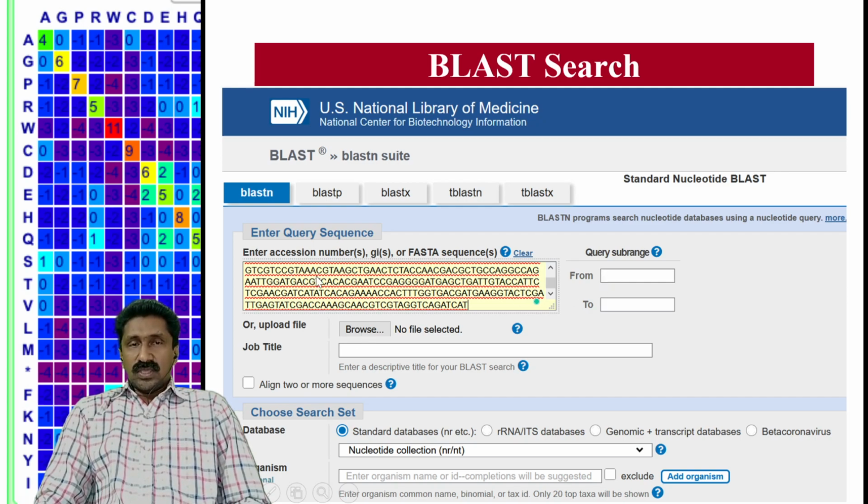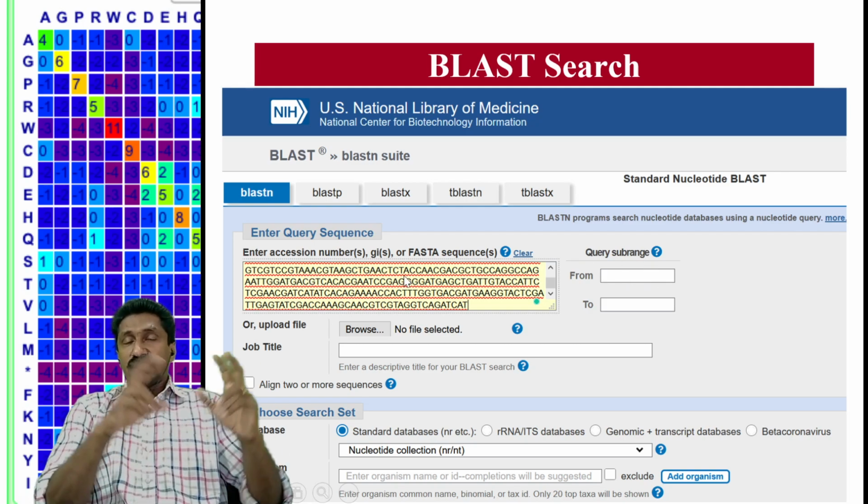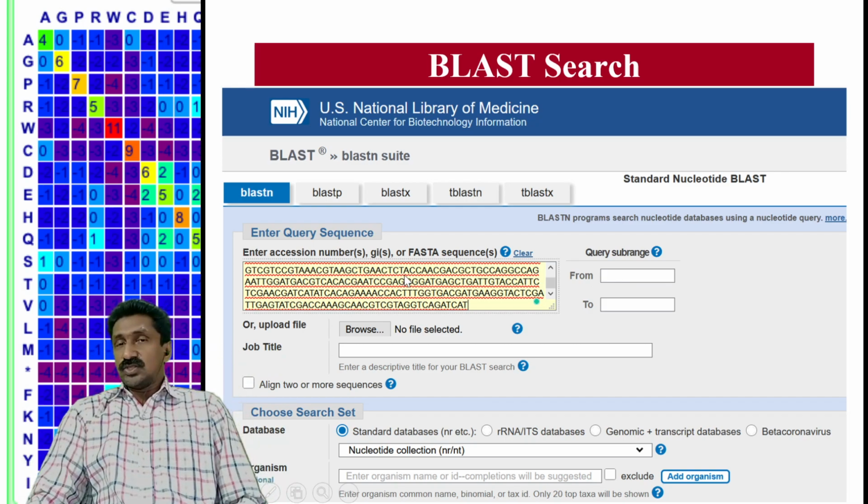And also, if you are giving an accession ID, for example, a chromosome accession number can be given at this point, and the query subrange, for example, starting from base 22,000 to 23,000. So if you are giving a very long DNA sequence in the form of an accession number, then you need to specify which region of that longer sequence from the database needs to be compared.